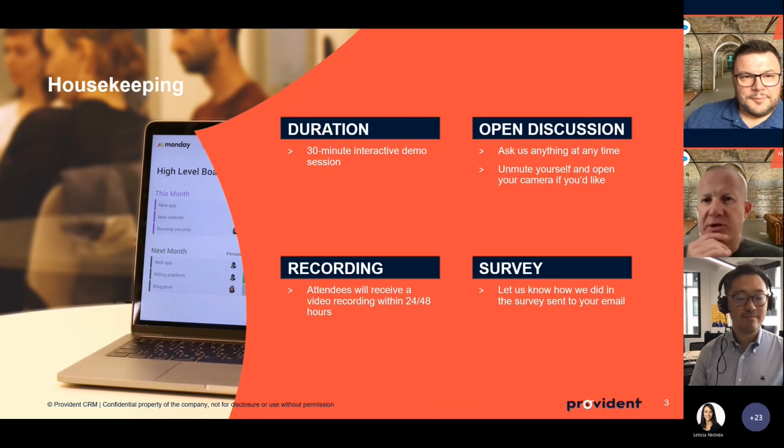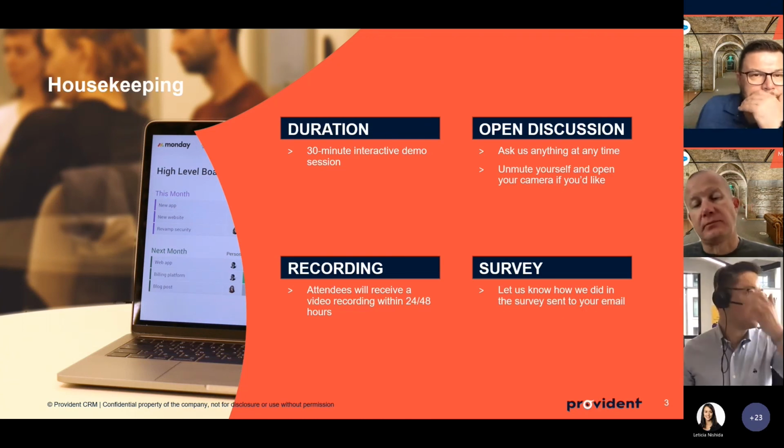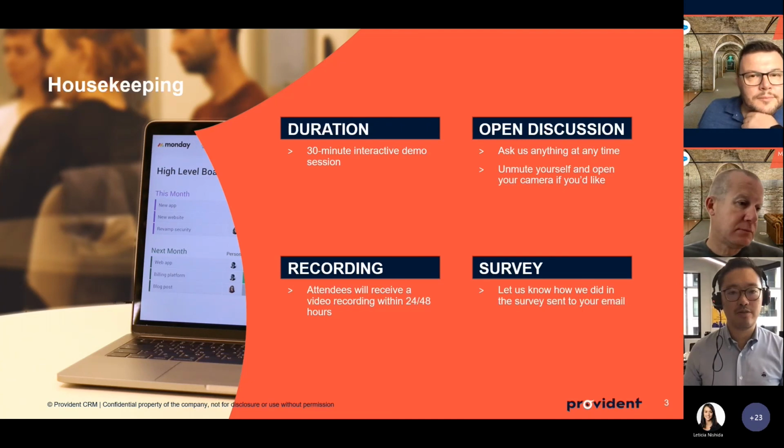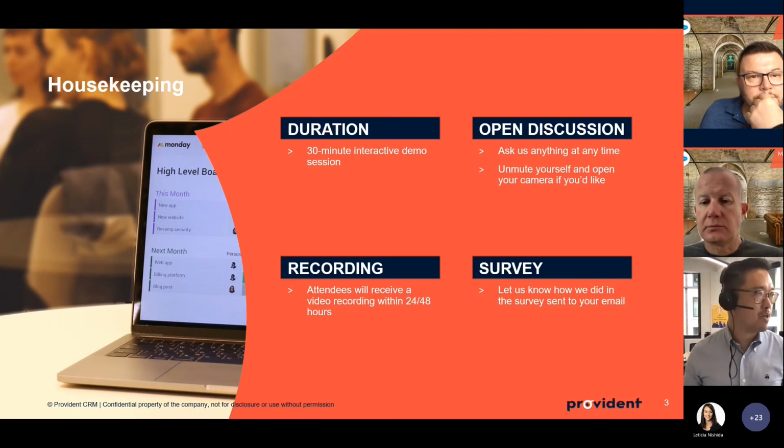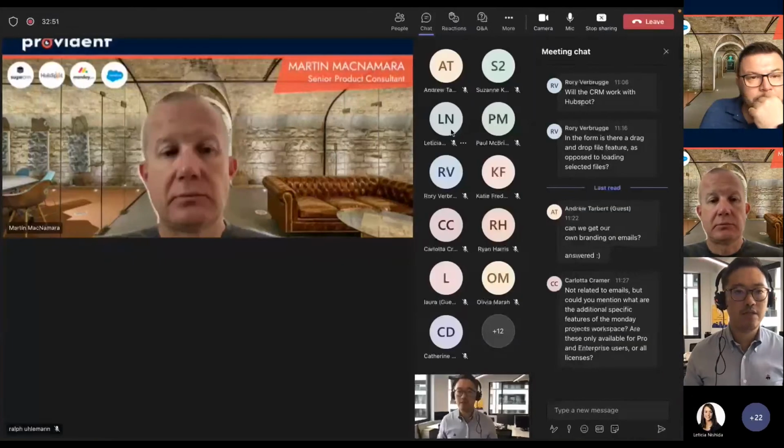Xi, I think you had some answers on that, did you? I did, yeah. So this is quite a common question that we get asked at Monday a lot about resource planning. Many of you will know there's quite a few different ways to look at resource planning within Monday, whether it's through the workload function or the Gantt charts. One thing I wanted to say is that there are enhancements coming along the way for these, but in the meantime, there is a great tool that we actually recommend.